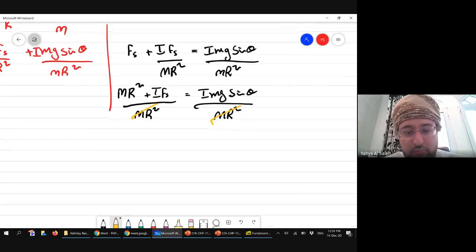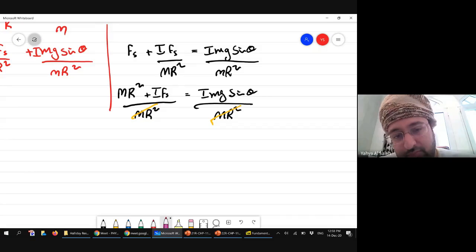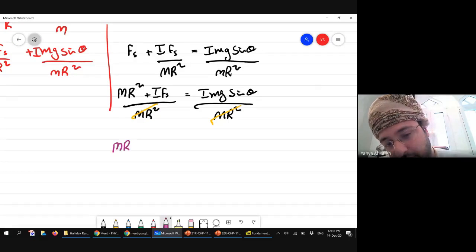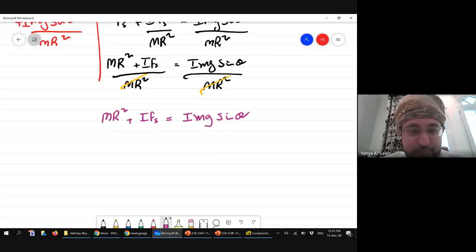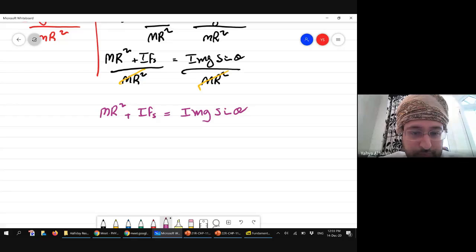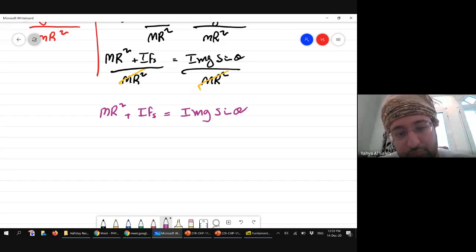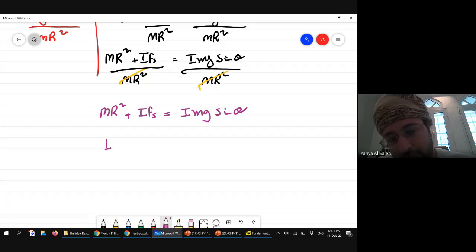Simplify. Mr squared plus IFS equals IMG sine theta. IFS equals